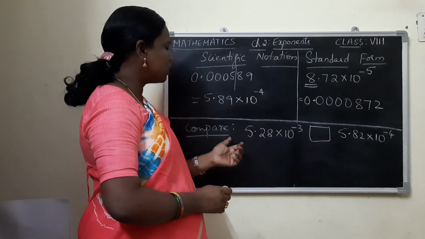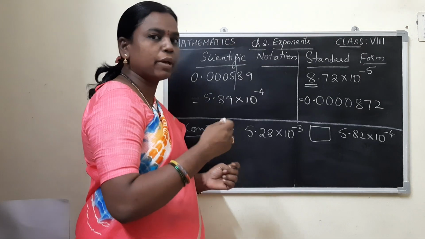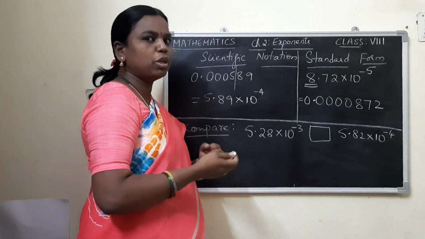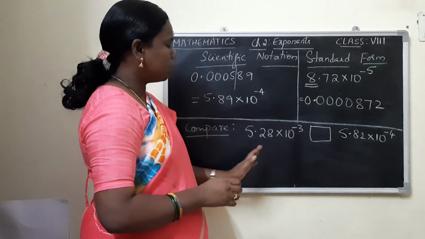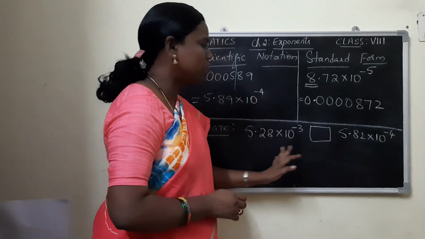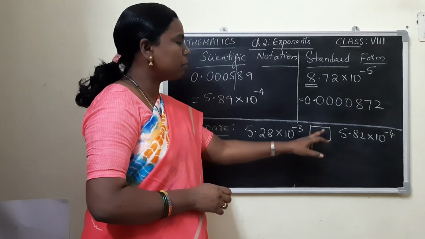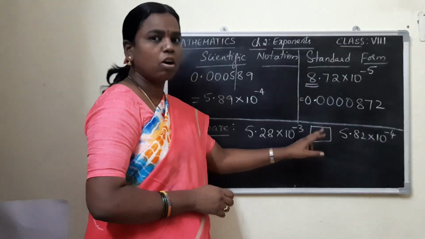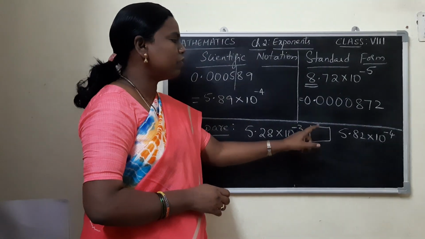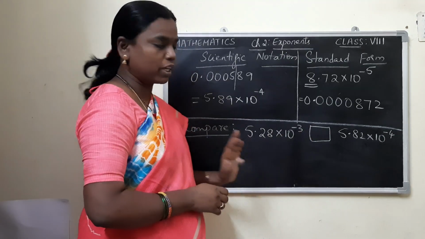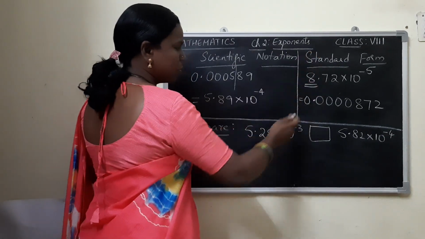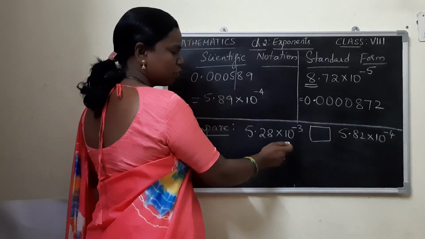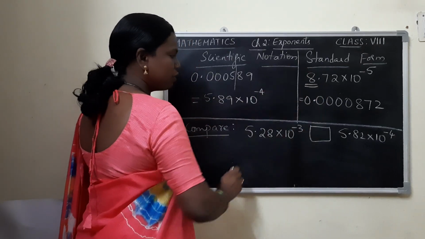So comparison, as you all know, when you compare, you decide whether it is greater, lesser or equal. Definitely you can see that they both are not equal. So the blank should be either greater than or lesser than. The symbol we need to decide based on the working. So let me convert this to the normal standard form, as it is in the exponential form. If I convert to standard form, what happens?